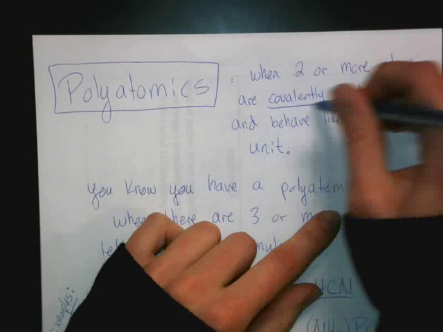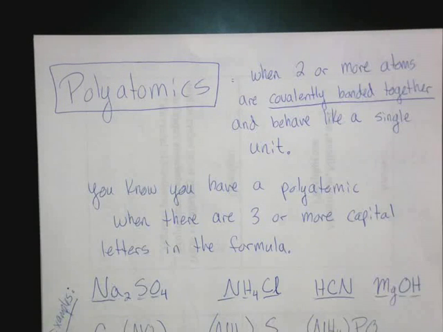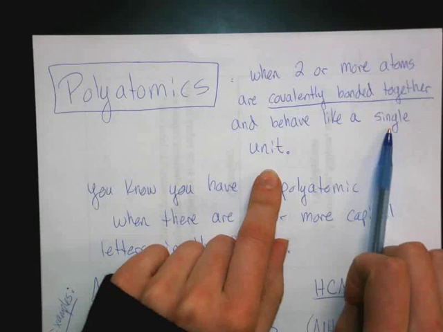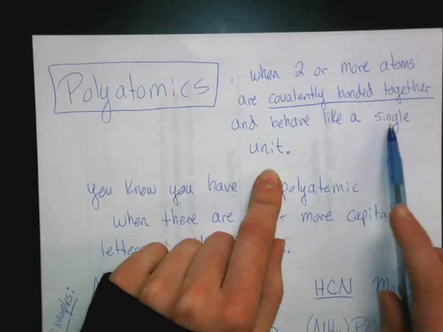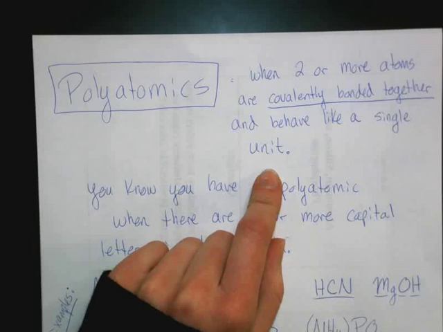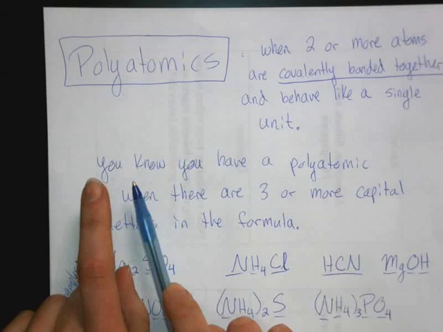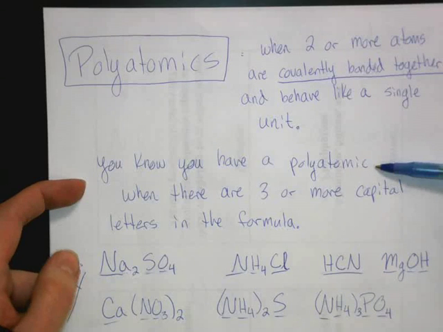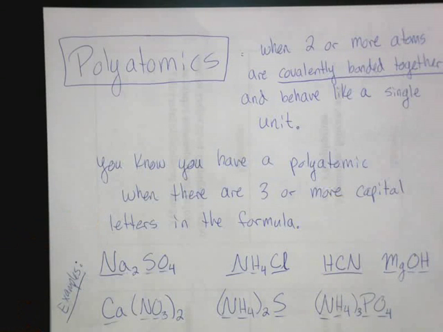Now, covalently bonded together means that there are going to be a lot of nonmetals that are stuck together and we're not going to break them apart. That clump of nonmetals will have some type of charge, either a positive charge or a negative charge. And because of that charge, they're going to behave like an ion, which is why we're including them in ionic naming. Now, you know your compound has a polyatomic in it when you see three or more capital letters in